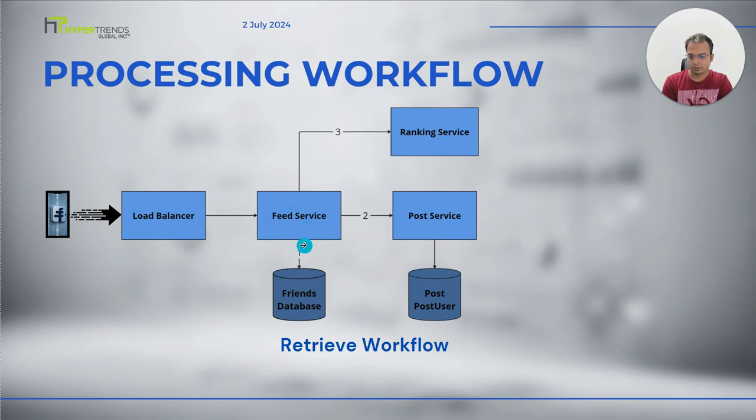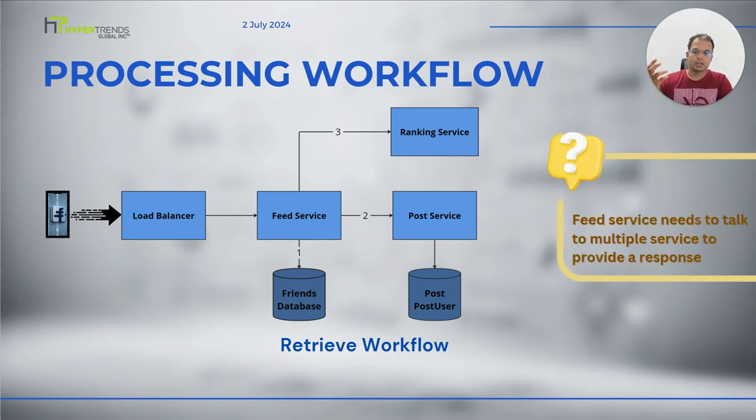That information is fetched from the database, then it will talk to the post service. The post service will give the posts related to those friends. Post will be fetched, and third, according to some set of rules, they will be aggregated, filtered, ranked, and sorted in proper order, and then it will respond back to the user. So this is the retrieve workflow in the normal stage, in normal operations, but this is not actually